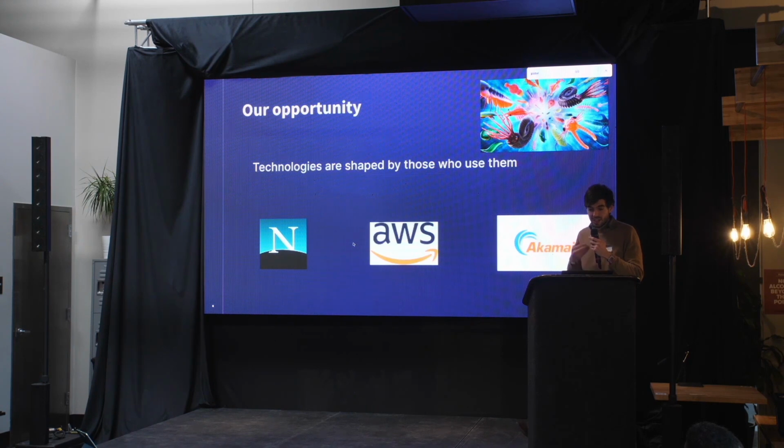And in a sense, I think grappling with these permission systems and making these problems very concrete is of the utmost importance in actually building value in the space long term, because I look at the sort of development of core protocols. I look at HTTPS or HTTP and Netscape. I look at the basics of cloud computing and AWS, or I look at content distribution networks and Akamai. The way these turned out is because they were built to solve very concrete problems. I kind of like to think sometimes, what if AWS had been built by, say, JP Morgan and not a bookseller? How would internet infrastructure be different today?